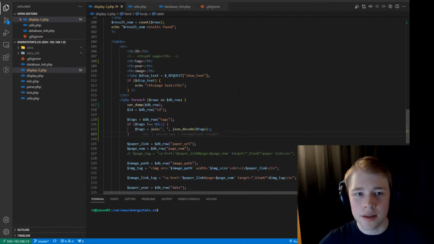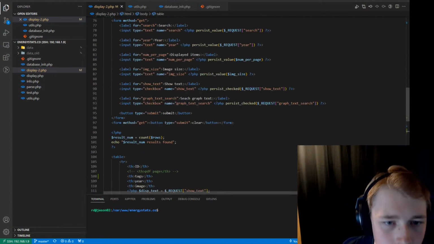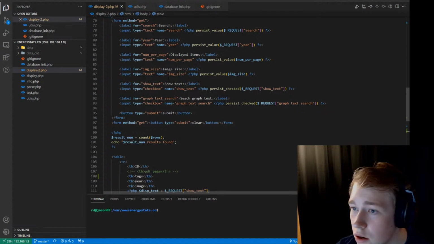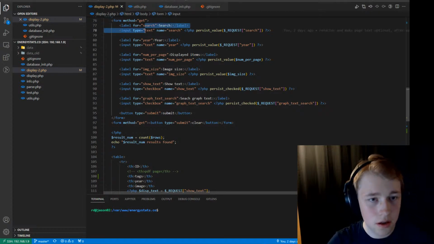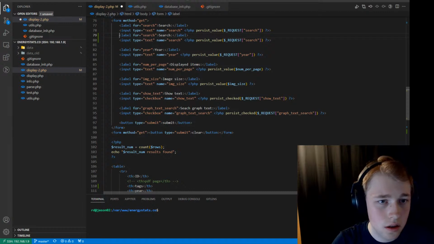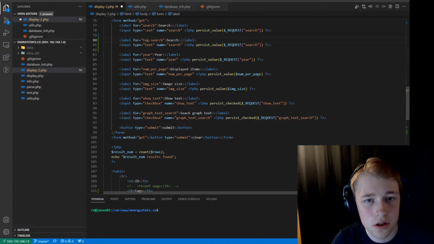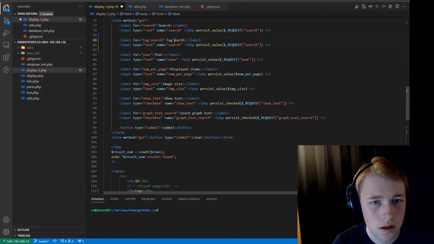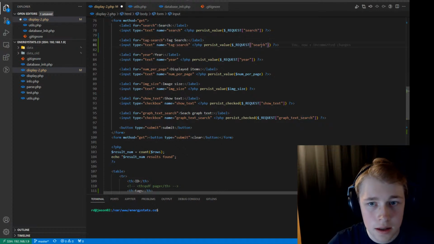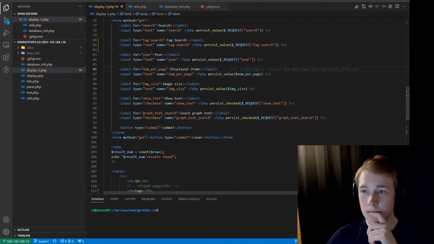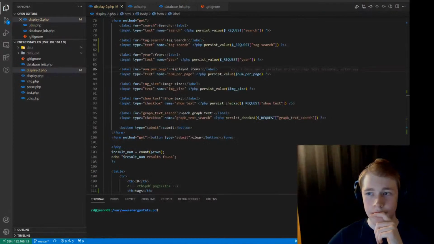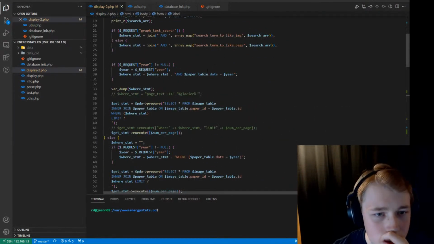Now I should do a search. So we want on after search, we want tag search, and then we put that in there. There and there. So yeah, that's showing up there. So then what we want to do in our search logic,